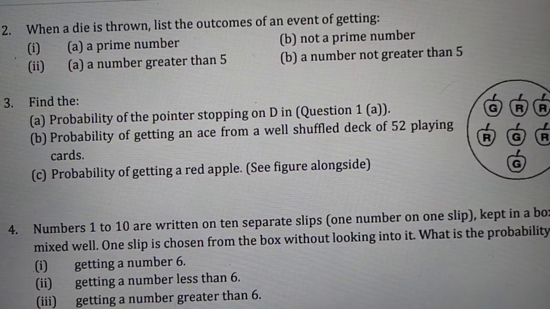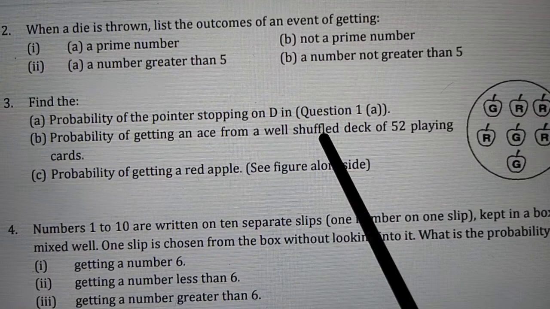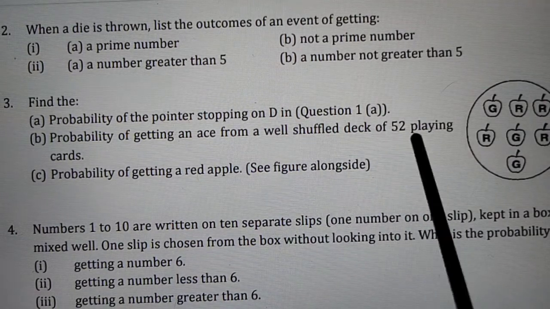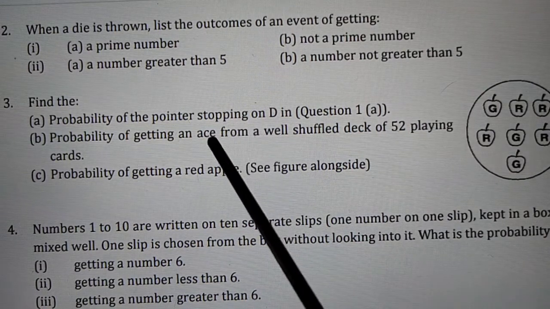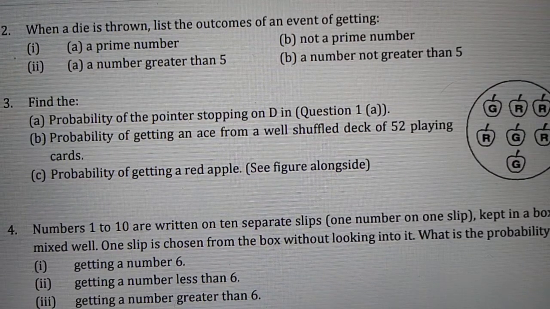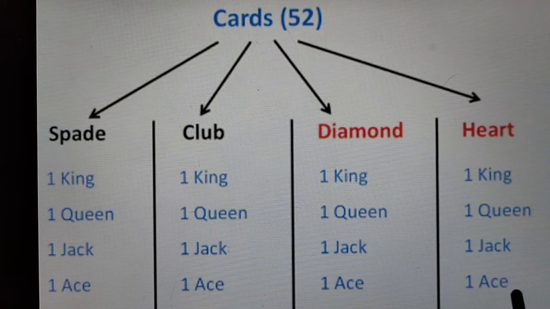Now students, see our question is the probability of getting an ace from a well shuffled pack. Well shuffled means we can pick equally randomly. Now ace, how many aces are there? 1, 2, 3 and 4. So our favorable cards are only 4. And how many in total? 52. So the probability of the ace is 4 divided by 52. I hope you understand the complete probability chapter of data handling, all the aspects. You must complete all the exercises, all the questions of this chapter.